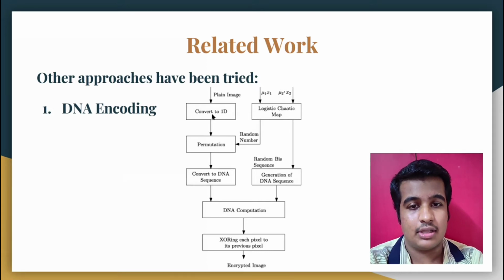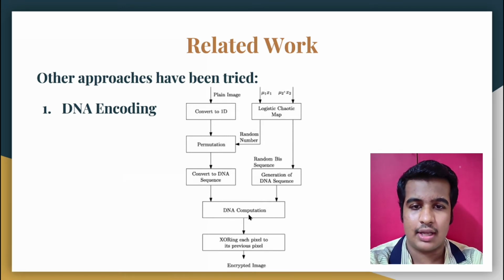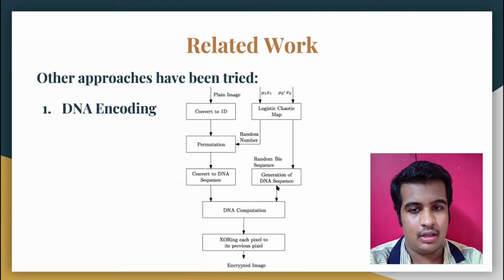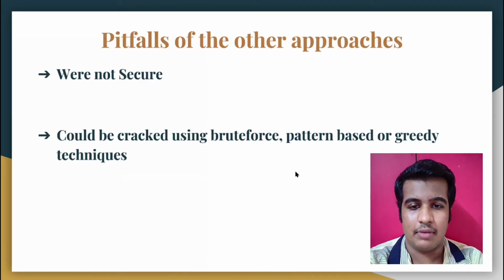We know that an image contains rows and columns of pixel values. So the first step is to flatten them into one row of pixel values. These values are permuted with the pseudo-random generator and we get an intermediate output. The pseudo-random generator can generate sequences with only 4 values, as we have studied in biology. DNA has 4 components: adenine, thymine, cytosine and guanine. So we encode these values into binary numbers. Finally, we XOR each pixel with the previous pixel and get the final output. So this is how we get a cipher image using DNA encoding.